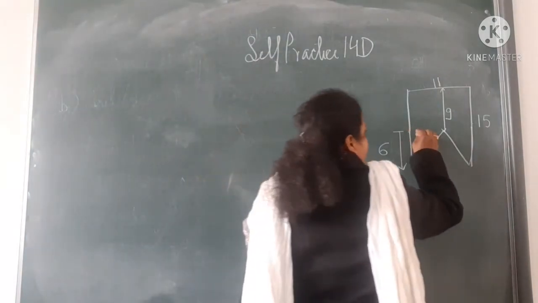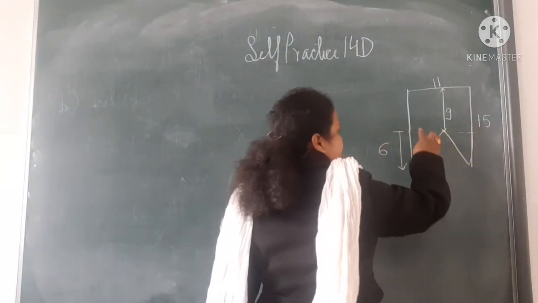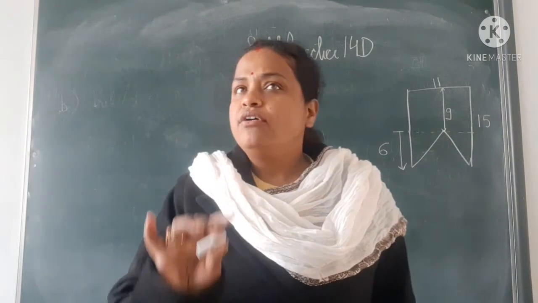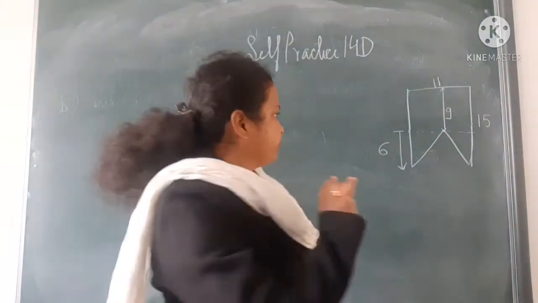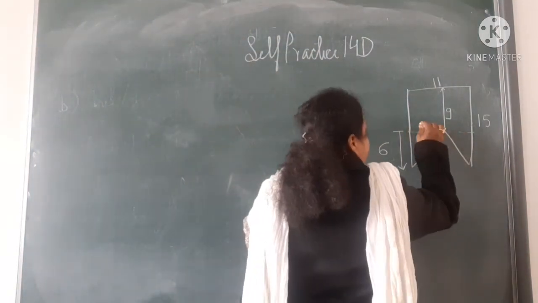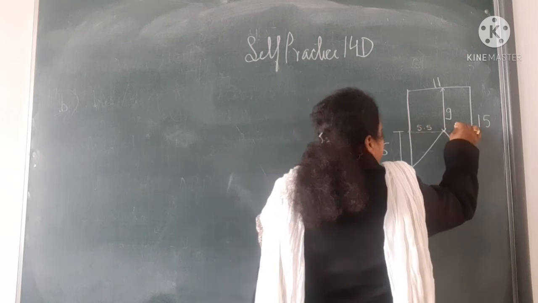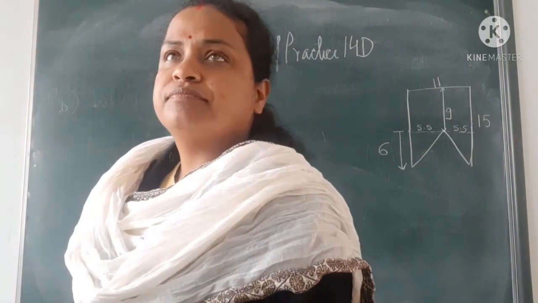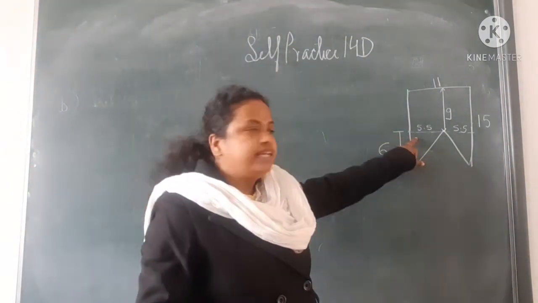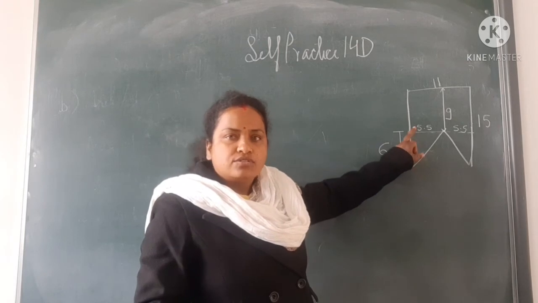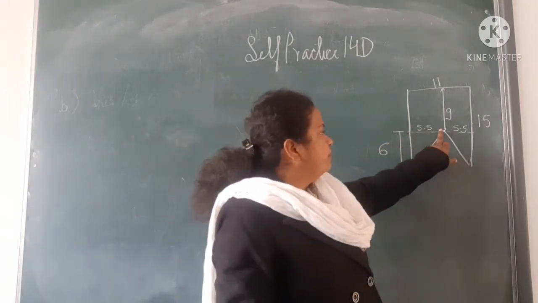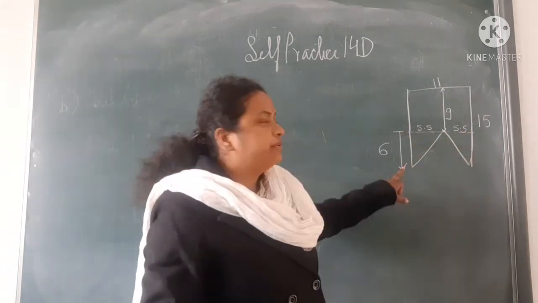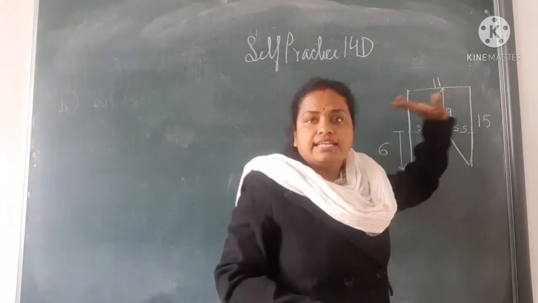Now I am drawing a dotted line here, means I am separating this part, this and this. Means total how many parts are there? 4 parts are there. Now what will be the length of this part? It will be 5.5, and here also 5.5, as it is cutting from the middle. So when it is cutting from the middle, this will be 5.5, this will be 5.5, from here to here it is 6, and here total it is 11.